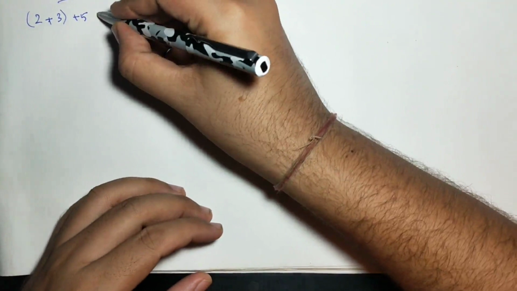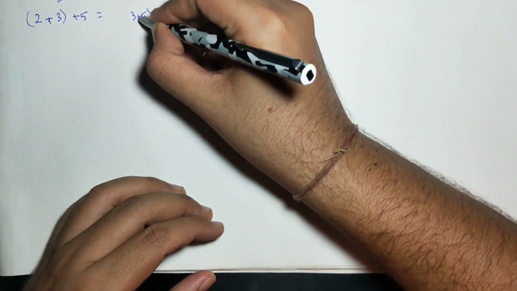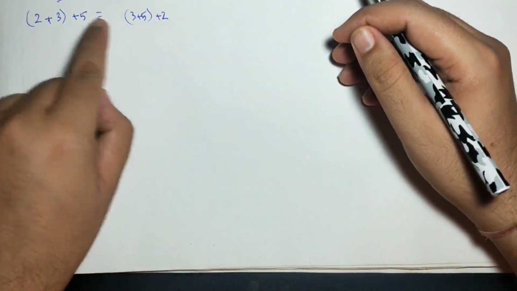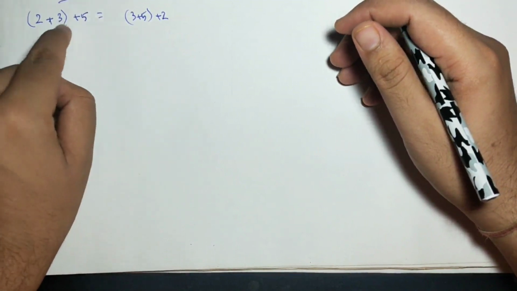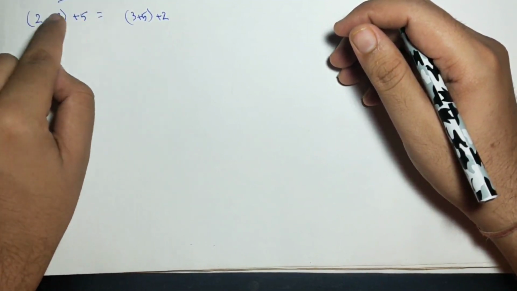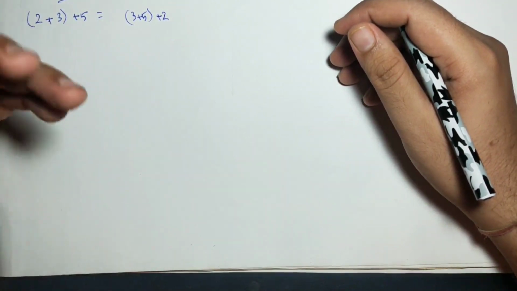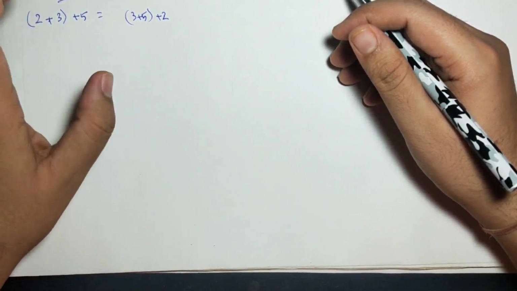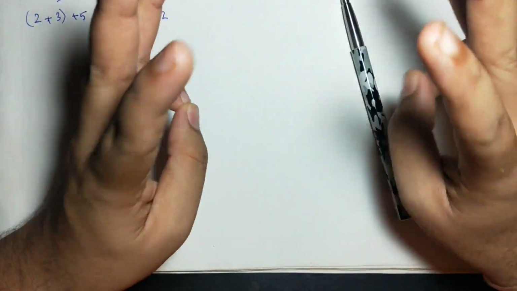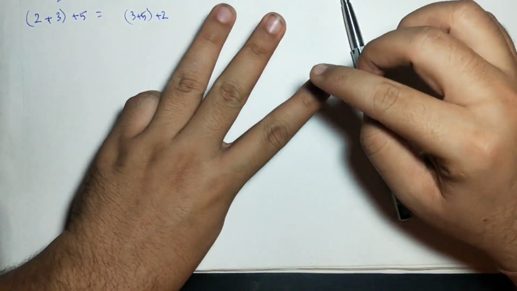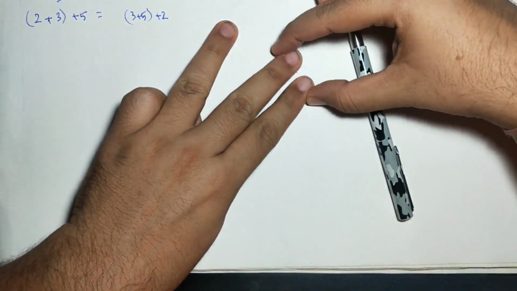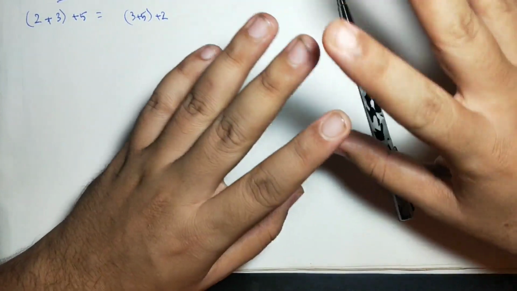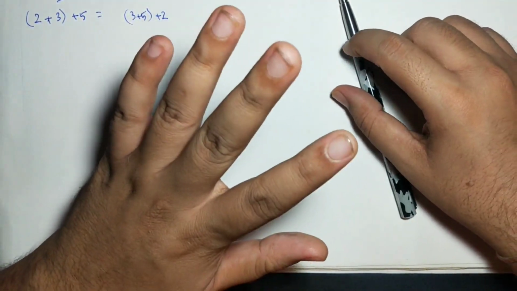Likewise, what would have happened if you had added 5 and 3 first? After adding 5 and 3, then you add 2. Will the answer come the same? Yes. The answer will be the same. It doesn't matter which two numbers you add first and which number you add later on. So, associative property is also true over addition. I am explaining it again. There are three numbers, suppose these are A, B and C. If you add these two and then you add the third one, or you add these two first and then you add the first one, it doesn't make any difference. Your answer will come out the same.